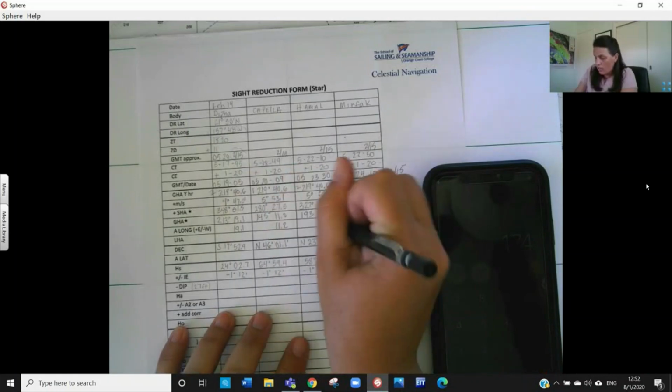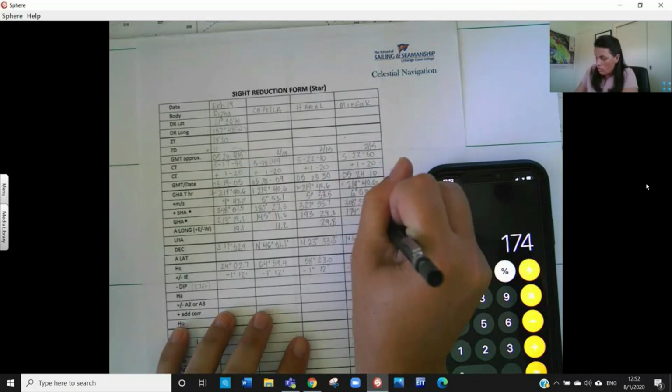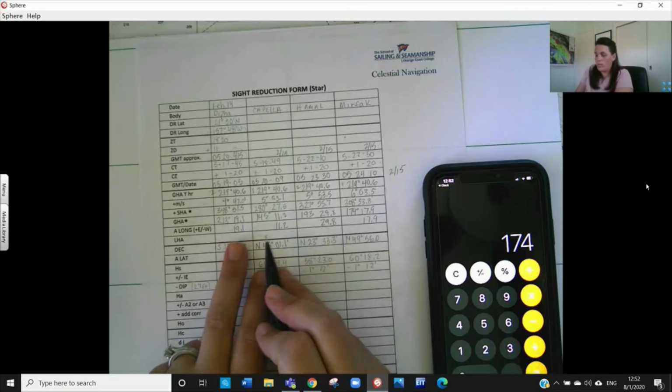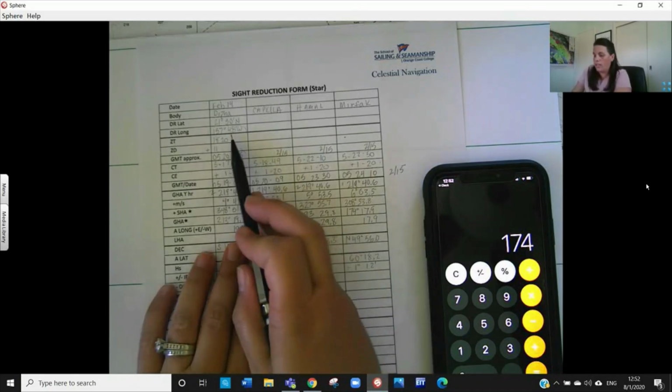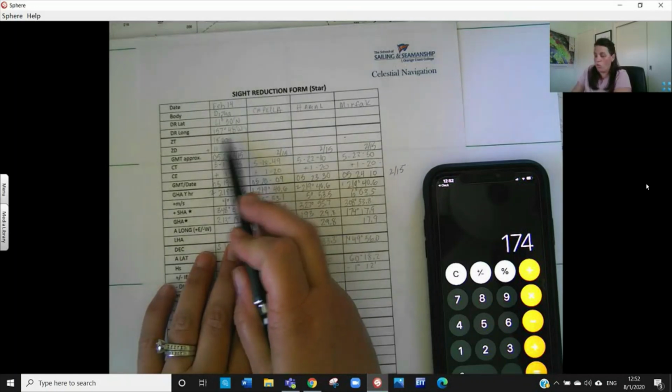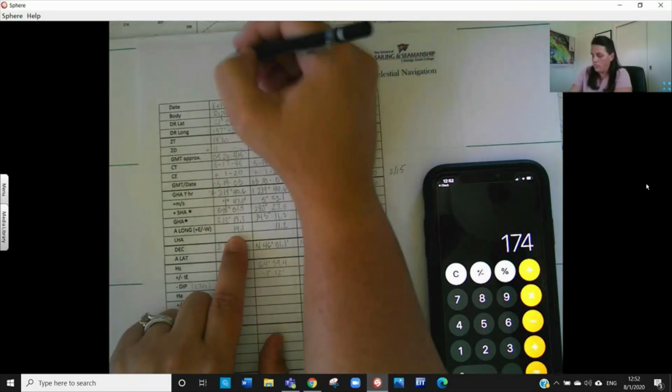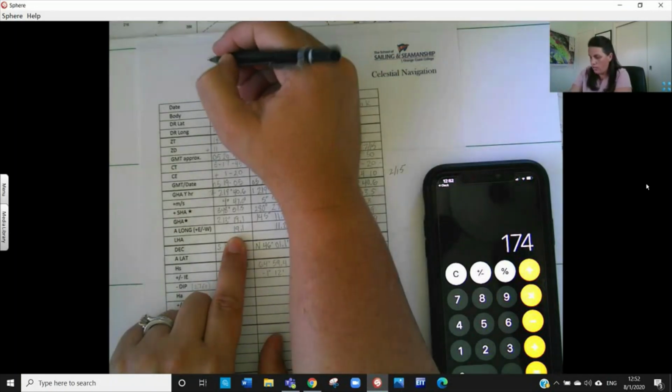I'm going to be subtracting whatever I have left over to get to a whole LHA. And now with these minutes, I need to figure out what my closest DR longitude would be. Right now I have a DR longitude of about 157.48 degrees west. So if I have 19.1, again, I will make a